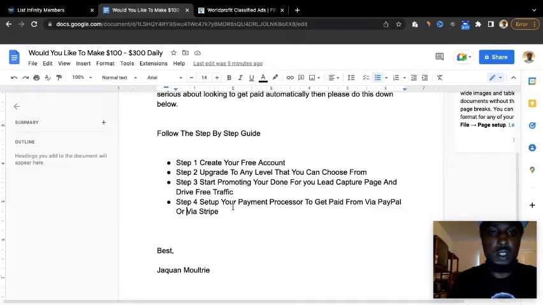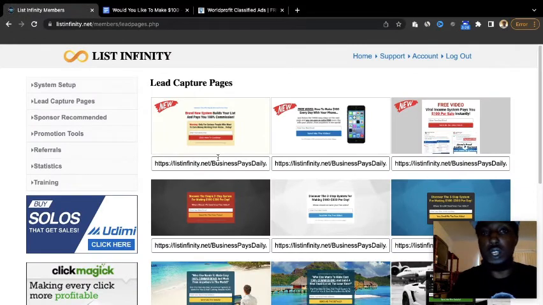All right. Step 4, you're going to set up your payment processor to get paid via PayPal or Stripe. List Infinity does pay out 100% commissions through PayPal or Stripe. However, it depends what country you're in. If you're in the United States,